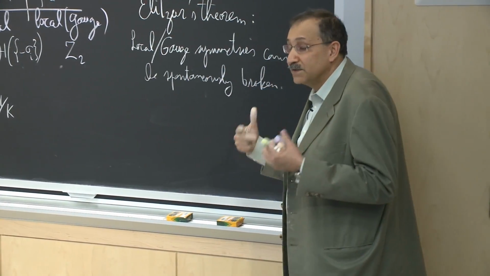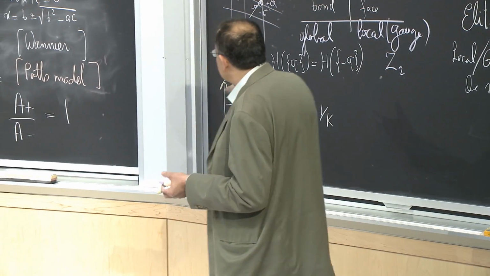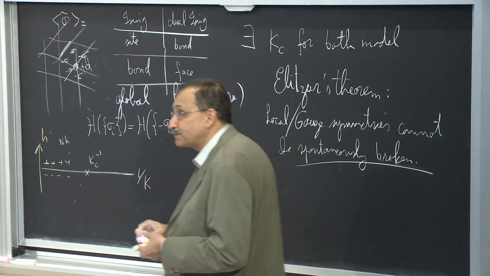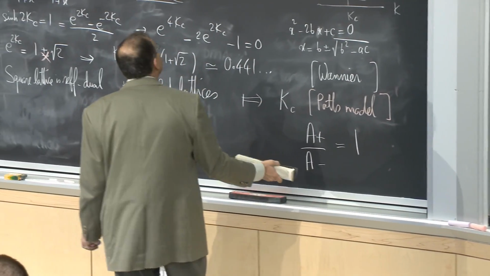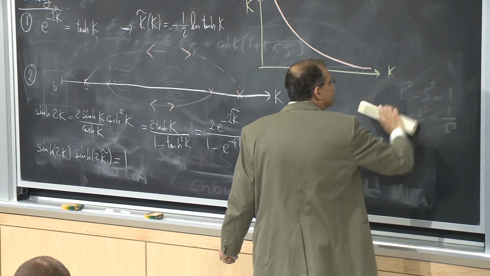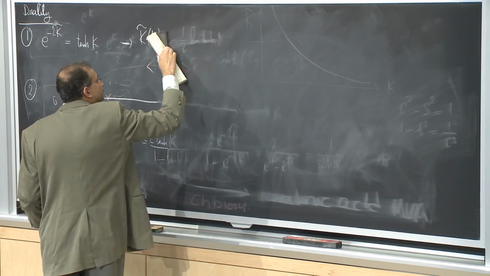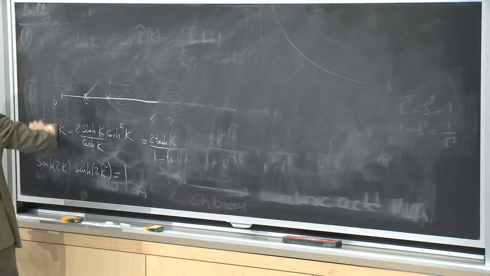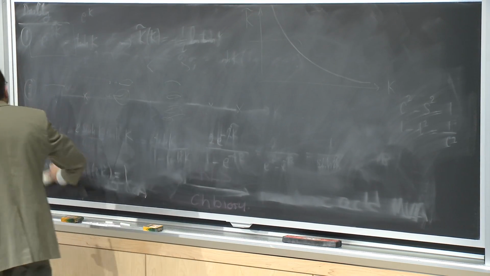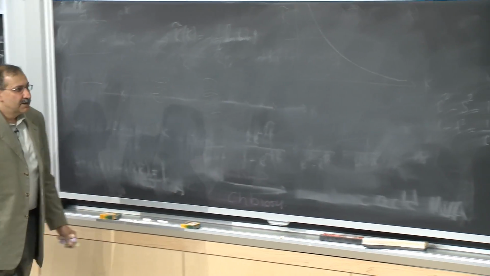So there is probably some kind of a phase transition, but it has to be very different from any of the phase transitions that we have discussed so far, because there is no spontaneous symmetry breaking. So what's going on? All right? Okay, now